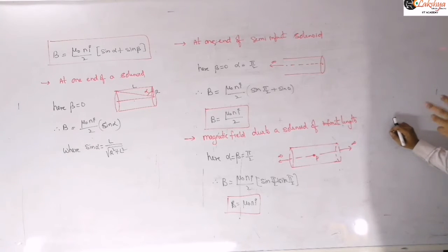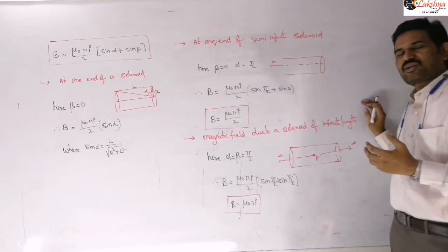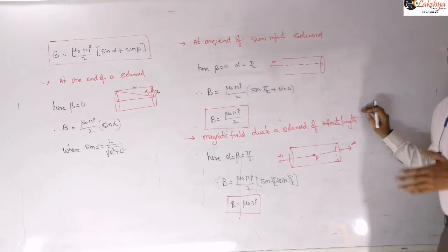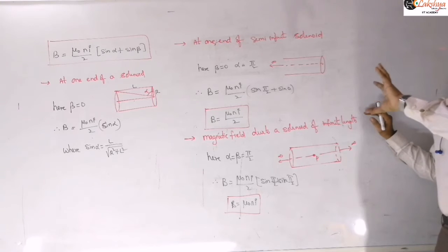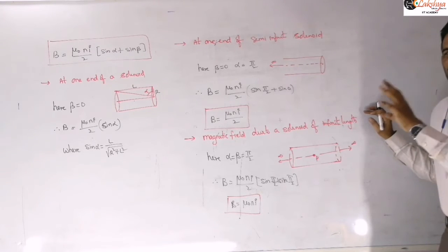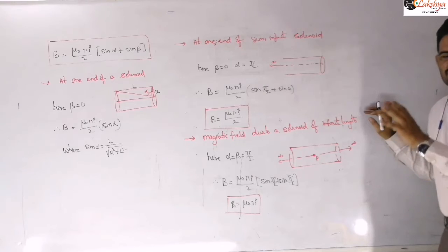That means if you are getting the expression in terms of cos function, here I am getting it in terms of sine function. I am choosing this method because you can easily remember it when you compare with the line, that means the straight wire. So for a straight wire of finite length also we will get a similar expression, so I preferred this way of choosing the angles.